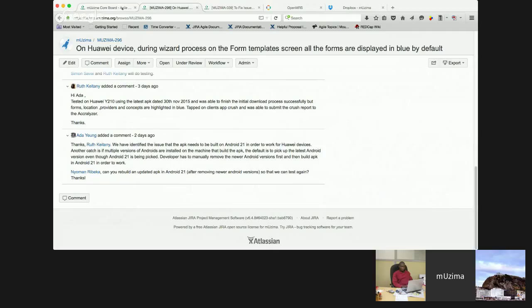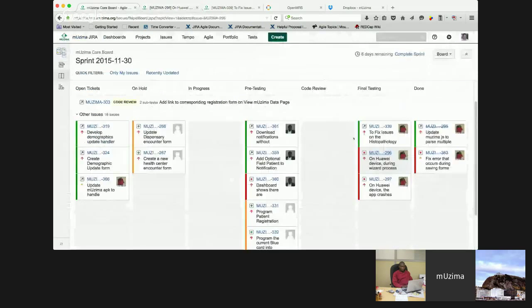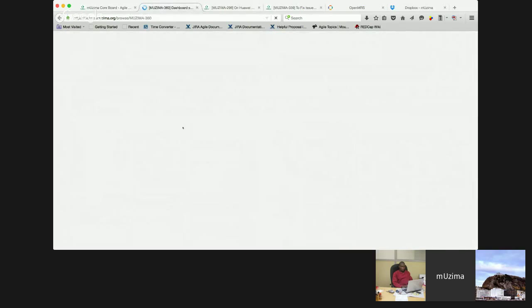Okay. Yeah. I think that is it. That's pretty much the blocker for the 2 Huawei tickets. And for the teleconsultation ticket, let me see which one. I think it's 360.